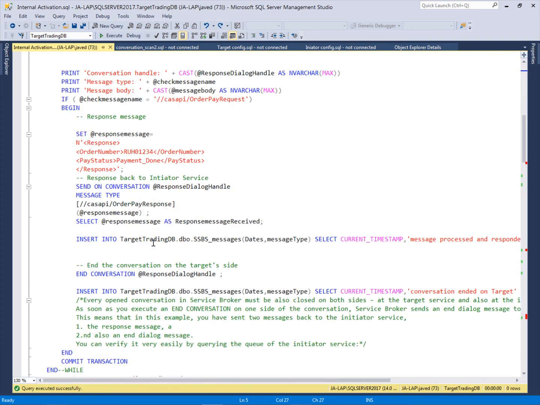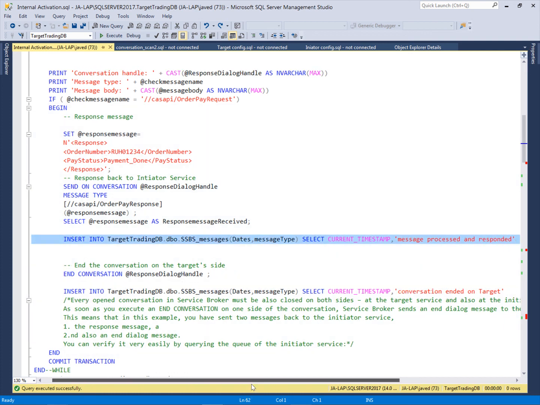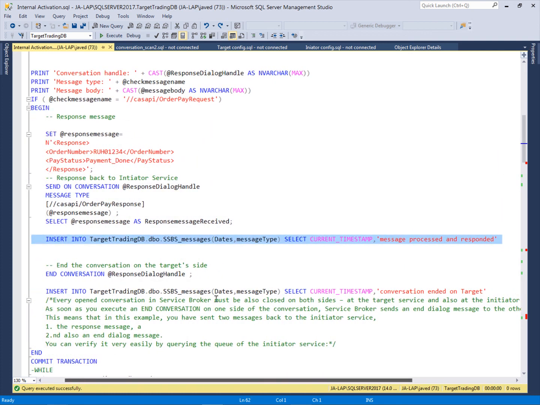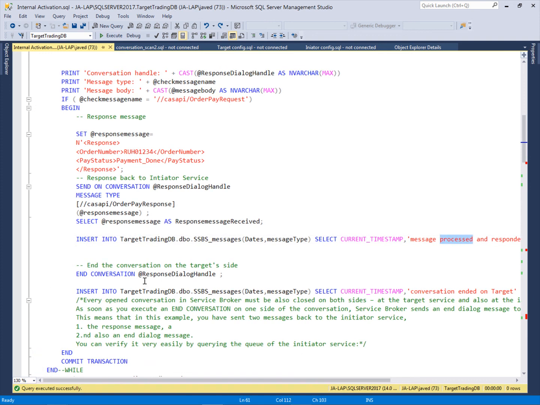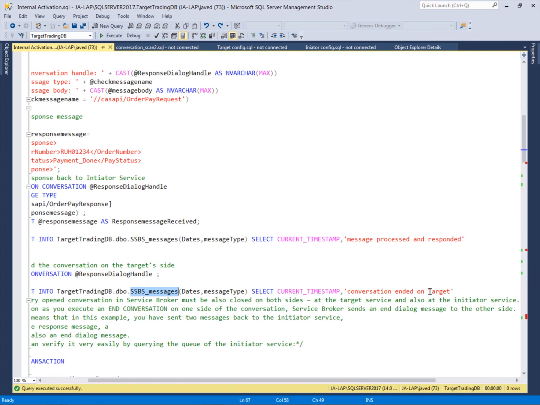When the message is processed, it will add one record in this temporary table that the message was processed and responded at this date, time, and the text of what happened. After that, this service will end the conversation, and when the conversation is ended, it will again add one record into this temporary table that the conversation is ended on the target at this time.